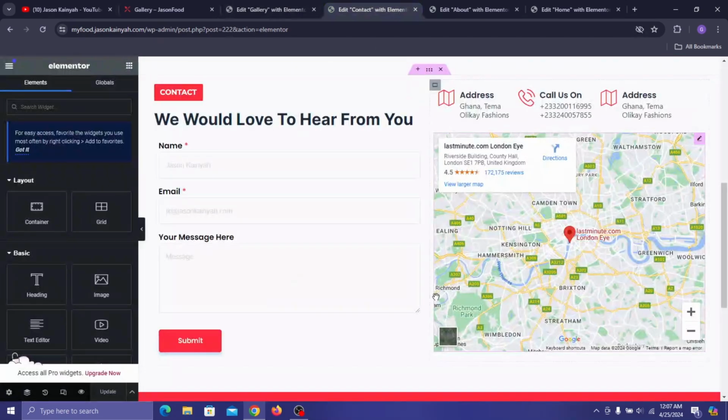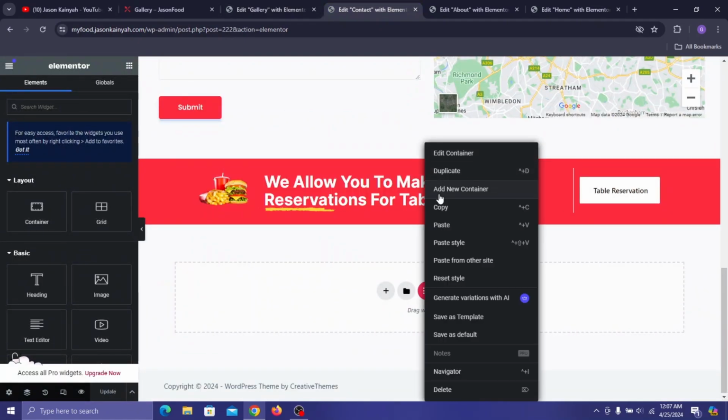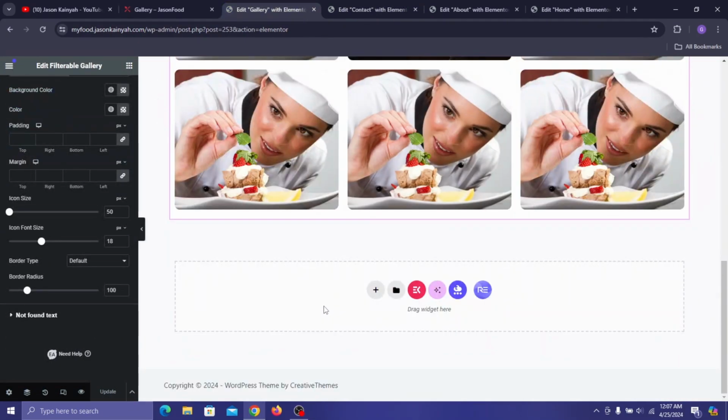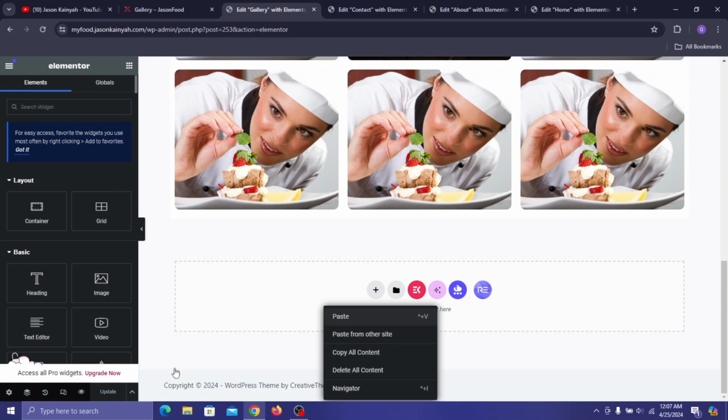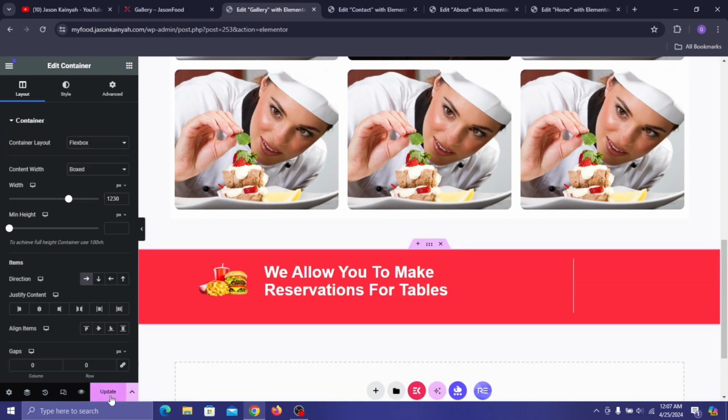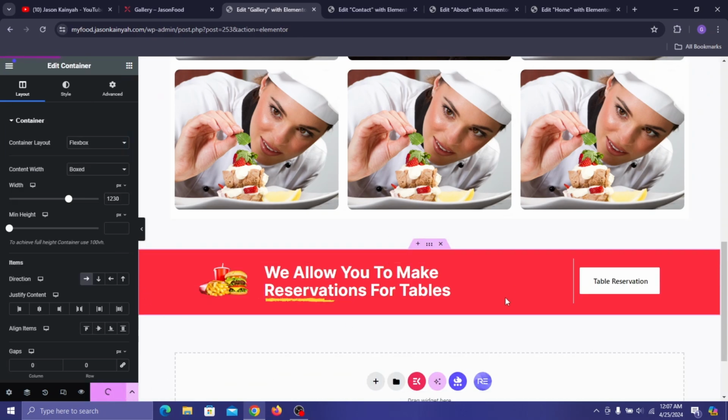Okay, now let's go back and copy the last block. So right click here, copy it, we'll come here, right click and paste. Okay, then we'll click on update, and that's it. We're basically done building all the pages that we need to build for our site. So we can just preview this, and the next thing which we are going to be building is the header,